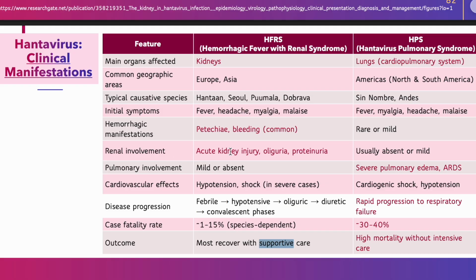For renal, it happens to have acute kidney injury, oliguria, and proteinuria. Oliguria is ปัสสาวะน้อยนะคะ